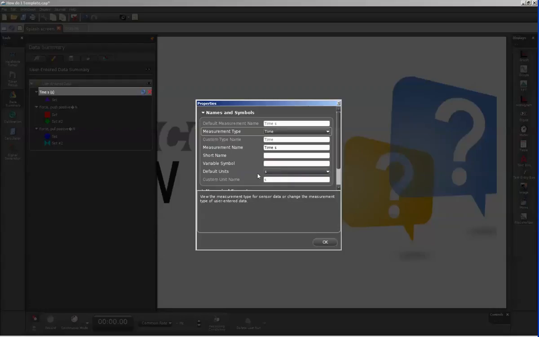So it will default to a unit of seconds. If your measurement is a unit different than that, please make sure to assign that properly. Under the measurement name with the imported data, it pulled in the unit as well. I'm going to remove that from my measurement name